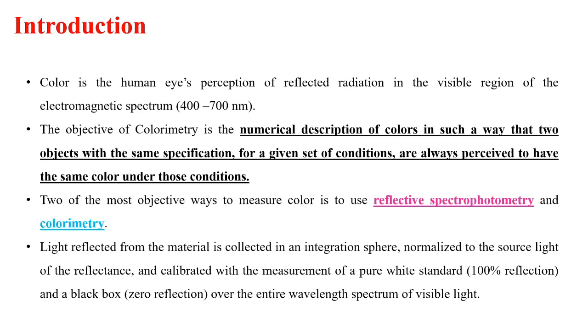So the main objective of colorimetry is how to numerically represent the color of an object. Okay, so there are actually two ways to get the color information of any object. Either you go by reflective spectrophotometry or colorimetry. We'll see what the difference between these two is, what reflective spectrophotometry and colorimetry are, in the upcoming slides. Okay,